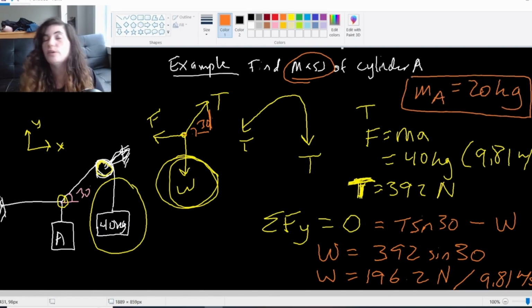Now, in fairness, this free body diagram would have also worked entirely with masses, if I had just left these as mass values instead of force vectors. My math still would have worked out the same way. I just left them as force vectors because that's what we're primarily going to be seeing them as. So we'll do some more examples in the next video,